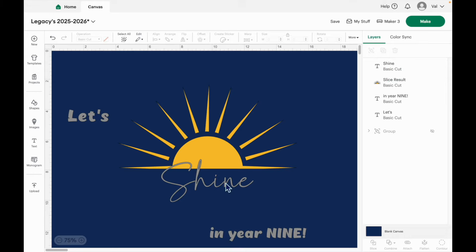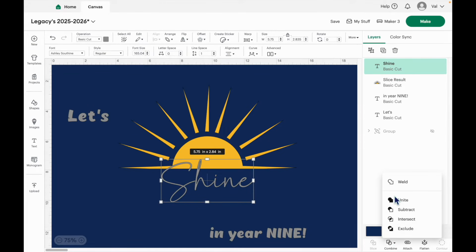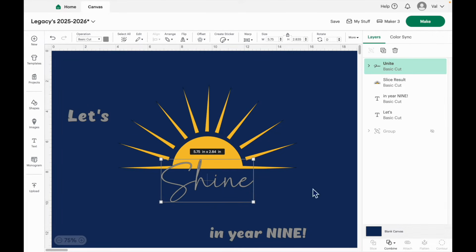I also want to click on shine and click combine unite. So when the Cricut cuts out the word shine, there are no breaks in between each letter. Now I'm going to click on shine again, go to